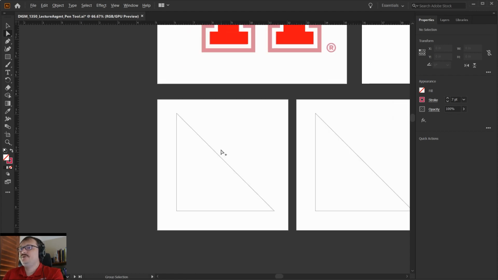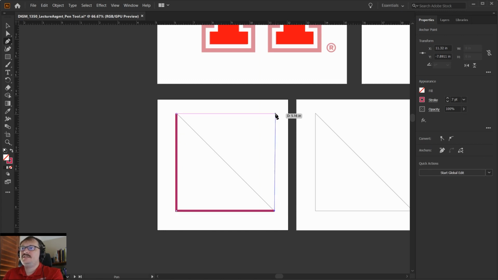Okay, so the next thing I want to show you guys how to do is how to add and delete anchor points. In this case, we're just going to be keeping it simple back with our corner points. But there are two different ways of deleting anchor points. Now, if I create a simple rectangle like so, and I want to remove this segment